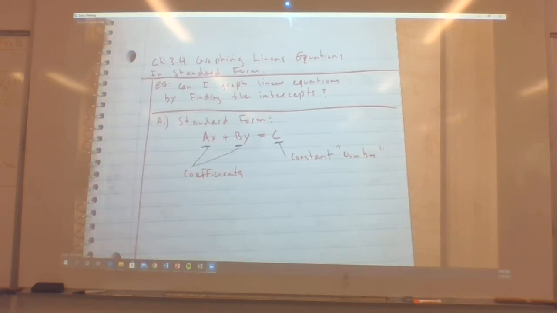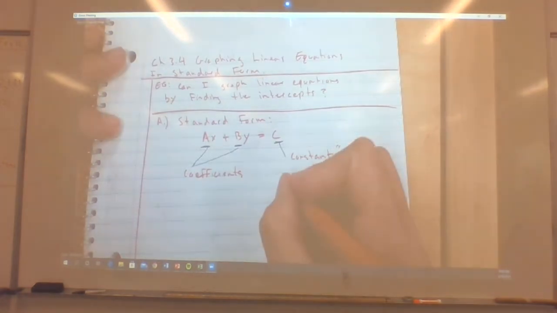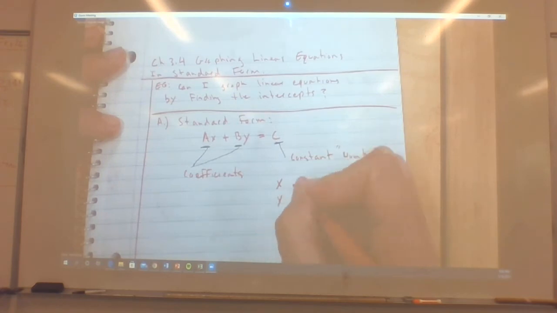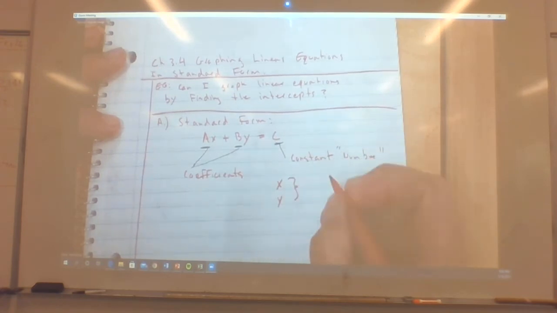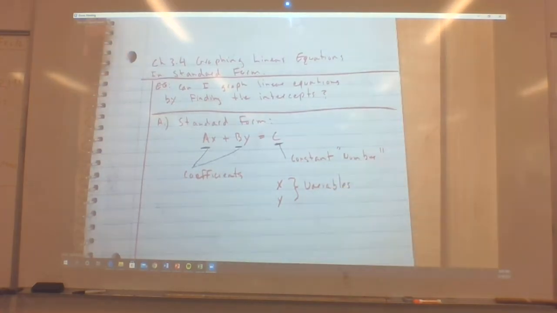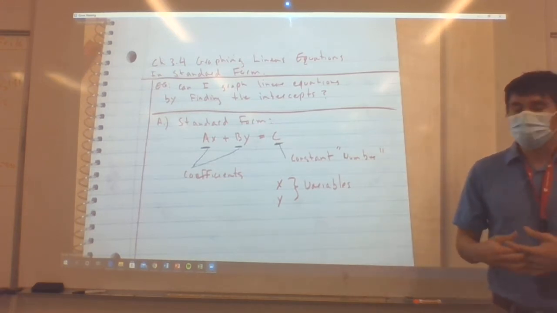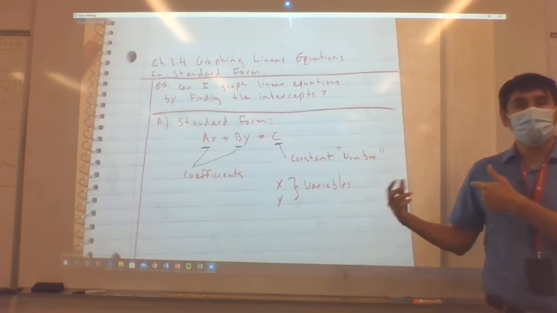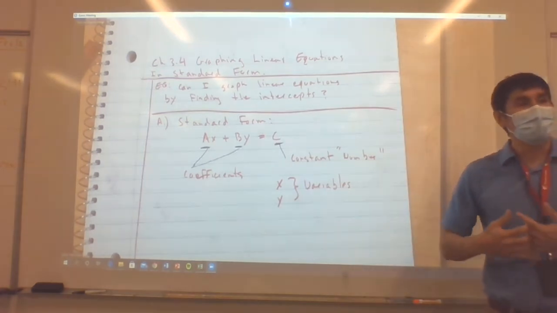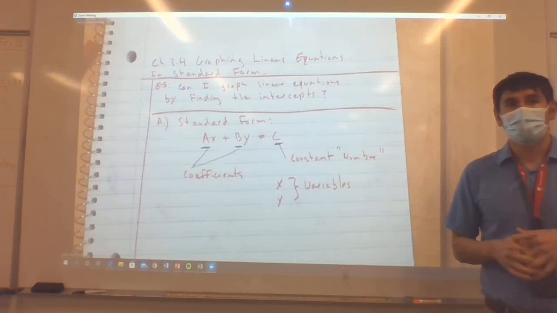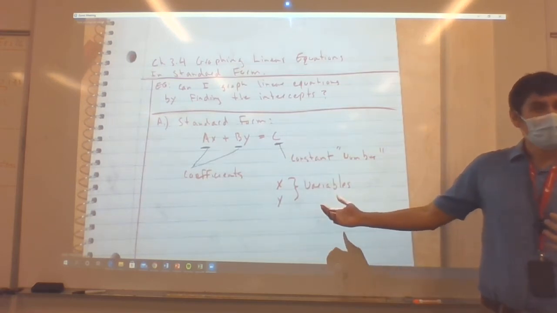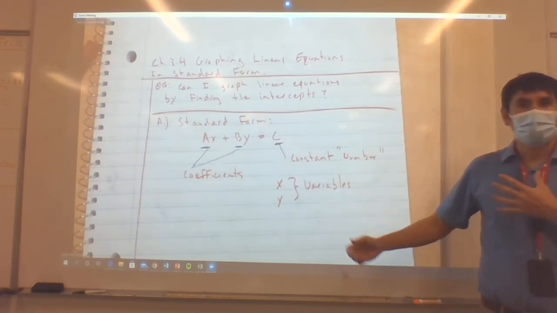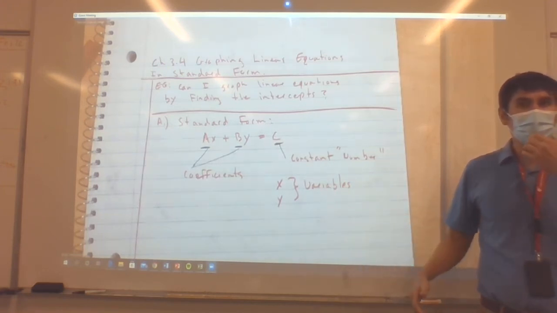And then your x and your y are your variables. Now, in math, you see x and y a lot. What we're going to do in this class is variables means that we can make those count for anything. We can make that model anything in life. For example, you can make that model stuff like if you're going to be looking for stuff on Minecraft. What's a common resource on Minecraft that you always